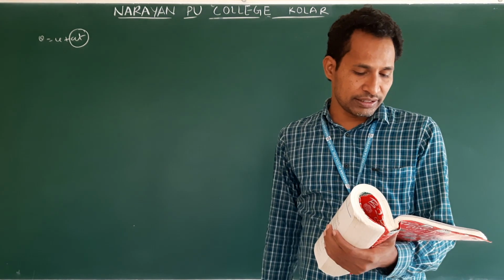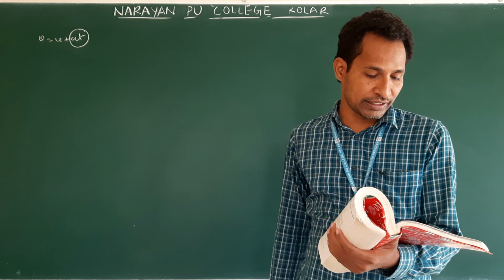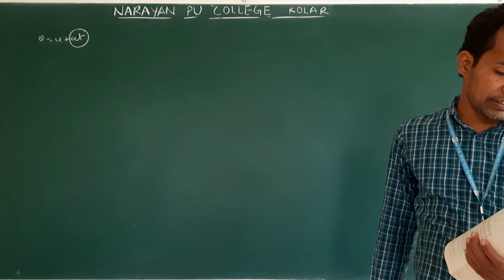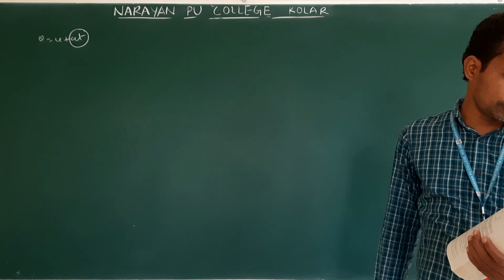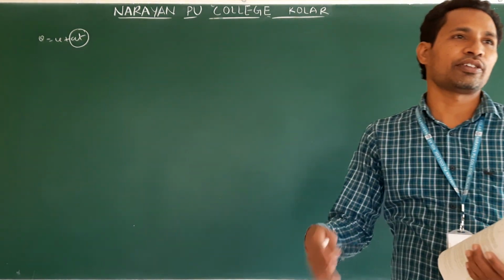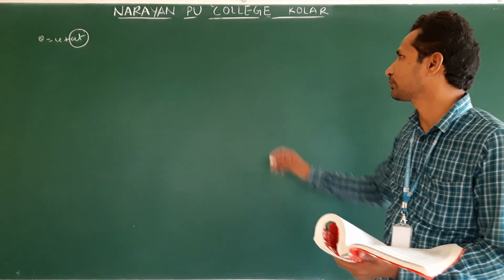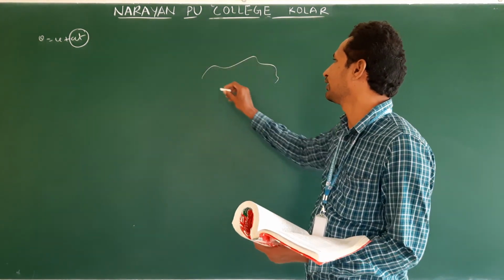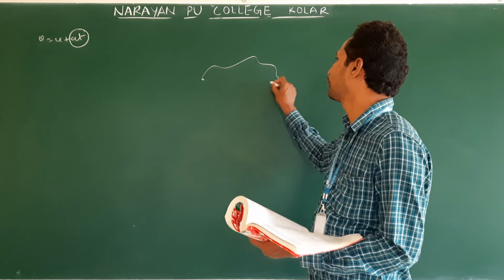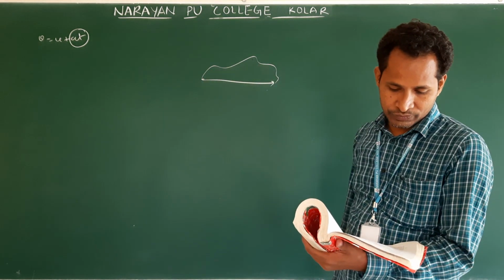The total path length is always equal to the magnitude of the displacement vector of a particle. No. Because path length is what we can go anyway, in any direction, but displacement is what? The shortest path. So this is the path length. This is the initial point, this is the final point. This is the displacement vector. How are these two the same? So not the same.